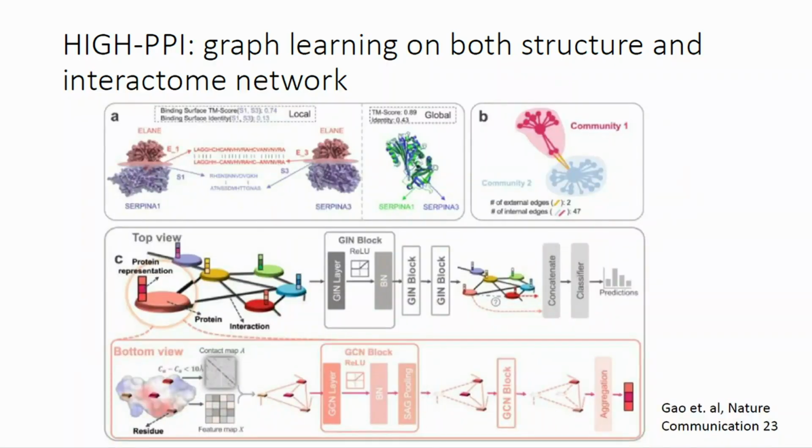And as we're getting better and better at predicting structures, a natural piece of information that we want to leverage is also the structure information. So there's also this more recent work called HIGH-PPI, for example. Of course, there are probably 10 other works on similar topics, but basically you try to make use of all existing information, including the protein sequence, the protein structures, protein subdomains, and their community level, which is the network level information.